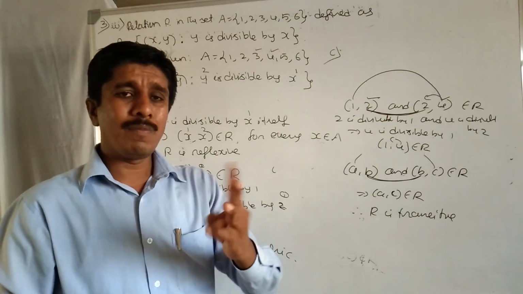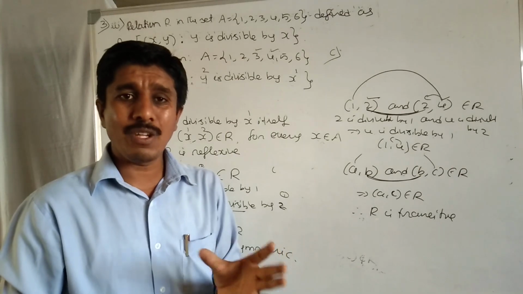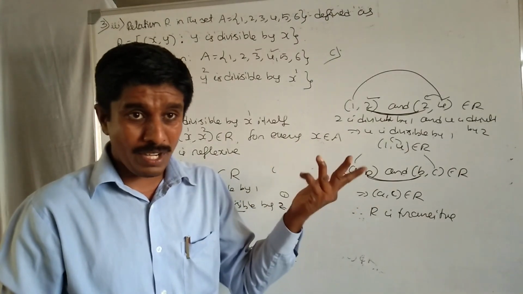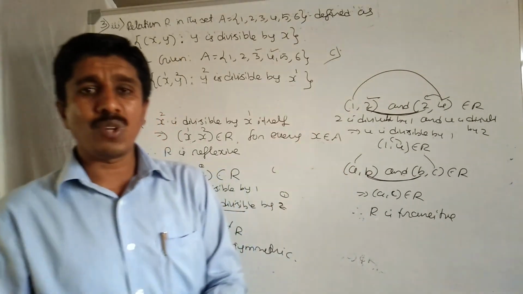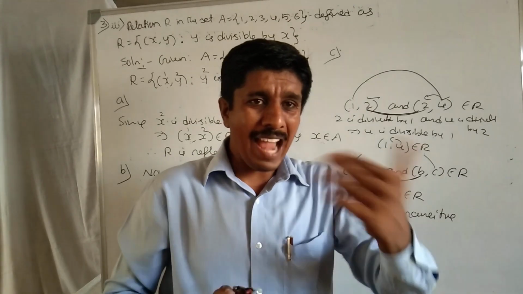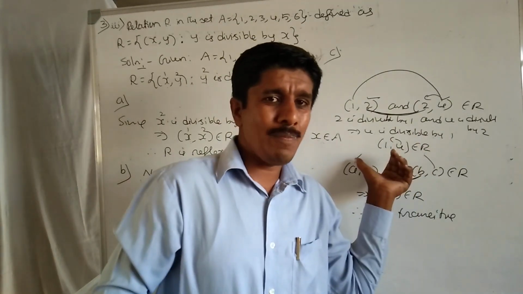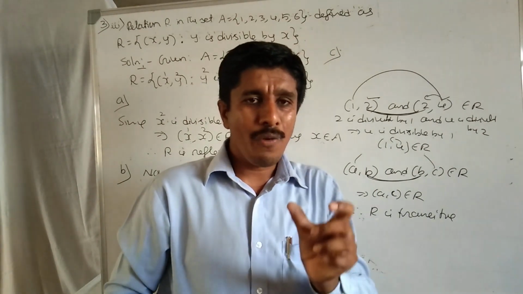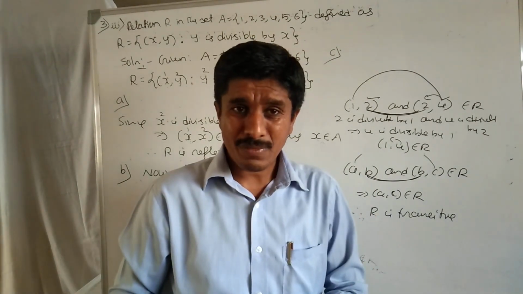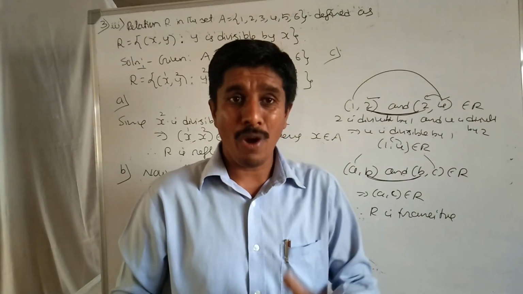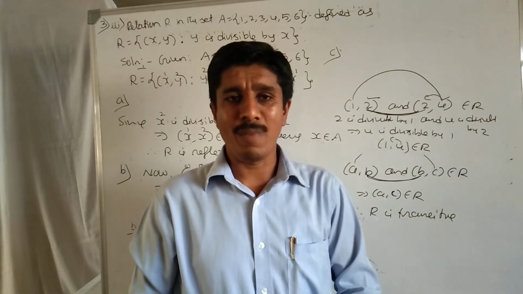While proving whether a relation is reflexive, symmetric or transitive, we have to take elements, because every element of the relation must satisfy that condition. For proving it is not, I give an example. We just have to show which subject failed, which means which element does not belong to the relation. We have to show that and prove that it is not symmetric like that.